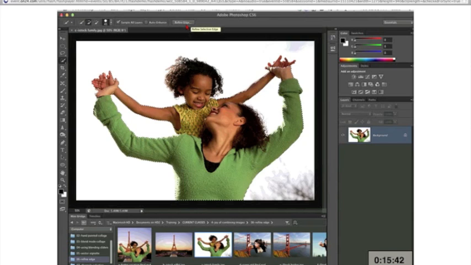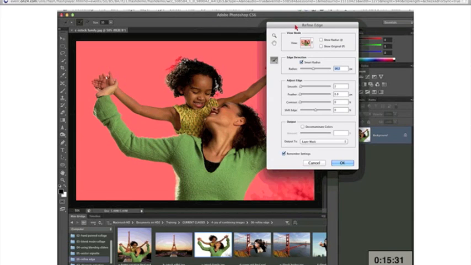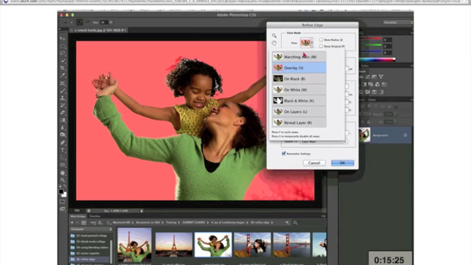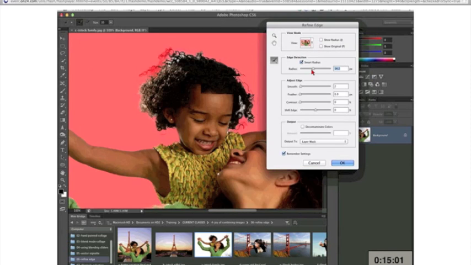So we're going to click that button to open what I think is the most amazing tool in Photoshop to date, and this sucker just keeps getting better with every version of the program. What we're going to do is we're going to set our view mode to overlay. Okay, so I'm going to click the down pointing triangle next to the view preview and choose that second one. That's going to give us a red overlay atop our image. And if I zoom in by pressing Command or Control plus, I can clearly see which parts are not yet